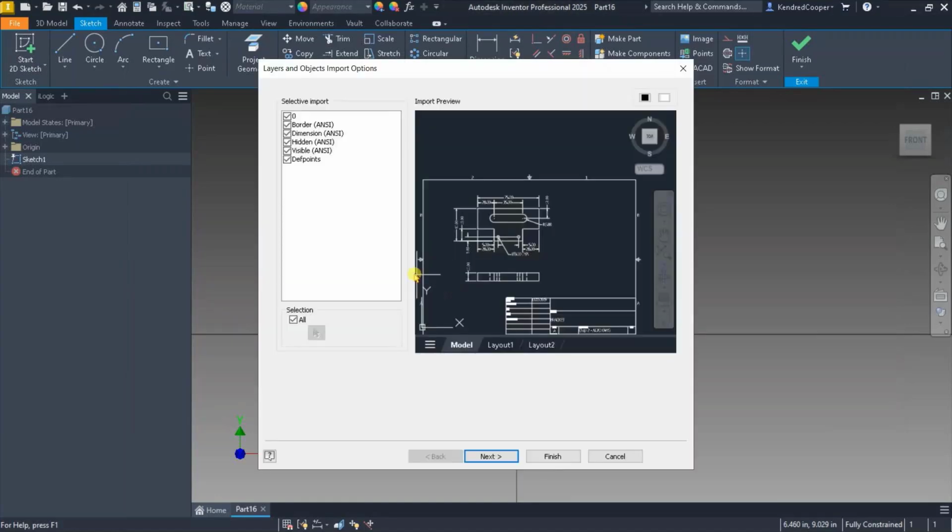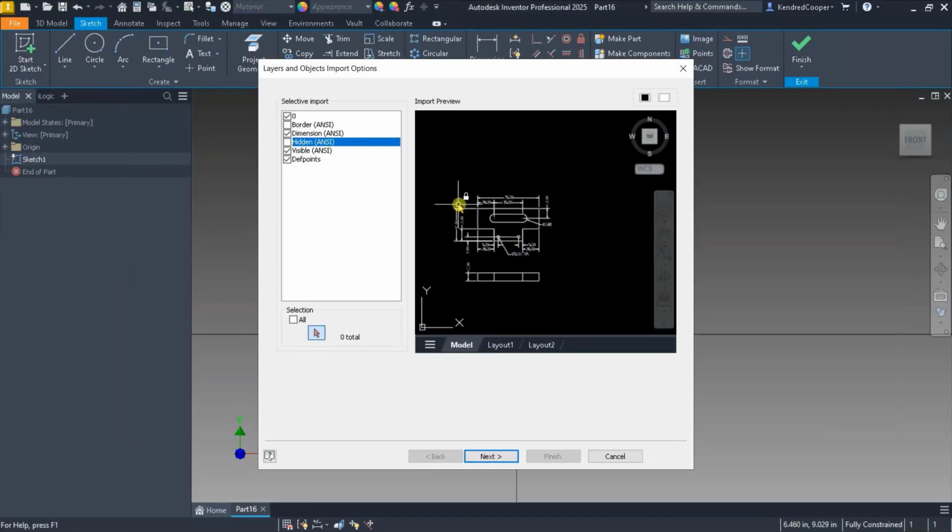The translator utility is a good little utility. There's a lot of things you can do in here. You can turn off what layers you don't need, any objects you don't need, hidden lines, center lines, phantom lines, things like that. And you can also choose to bring in all of the AutoCAD geometry, or you can turn that off and say, well, I only want to bring in that geometry. So you can actually window around what you want. Stepping to the